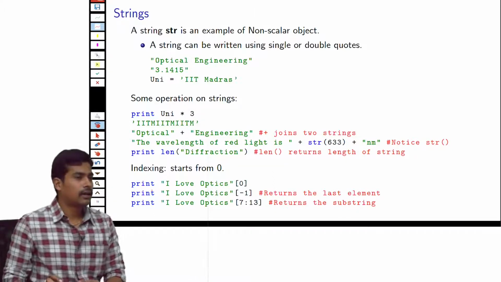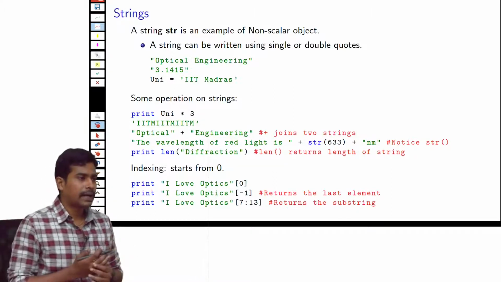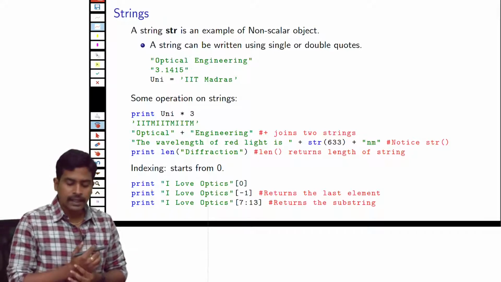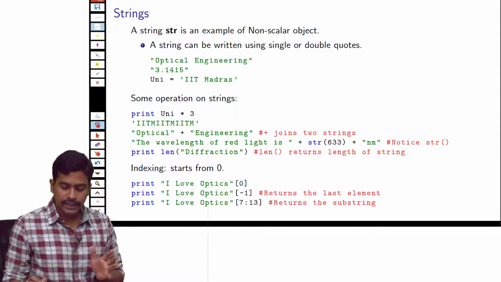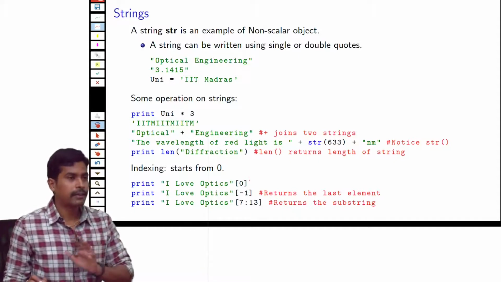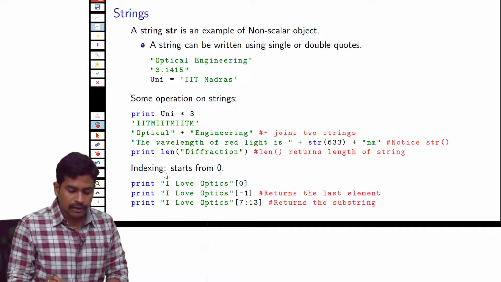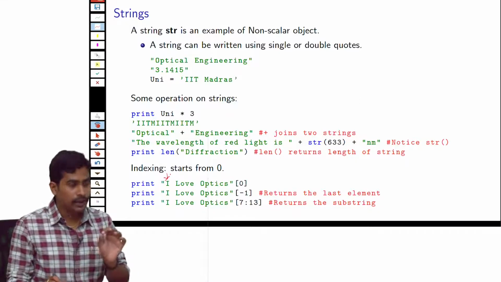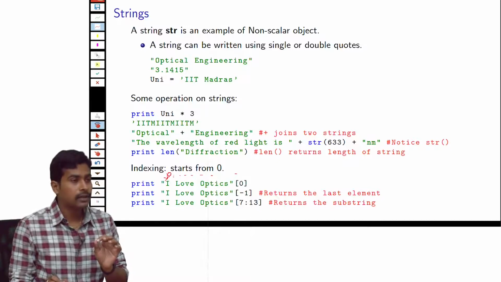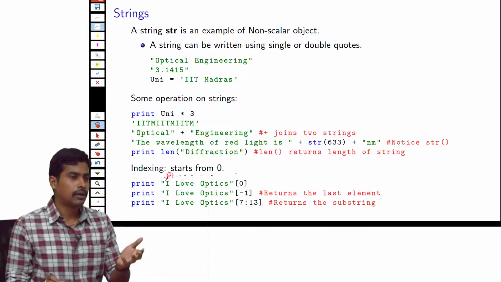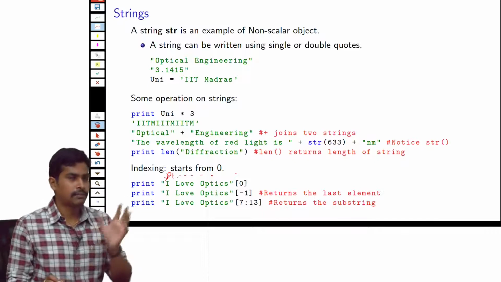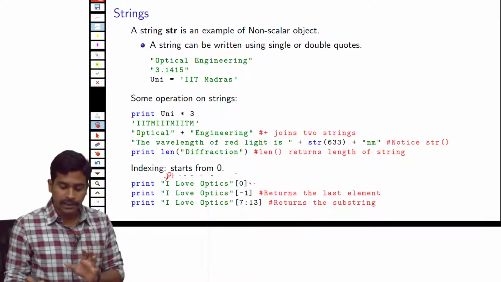And most people may be working with MATLAB. So I want to emphasize here the key difference between Python and MATLAB, which is, in Python, the indexing starts from 0. So what I mean by indexing is the counting, how do we count the members of a string? So the counting starts from 0. If you know MATLAB before, the difference is, in MATLAB the counting starts from 1. Okay. So if you are switching from MATLAB to Python, be careful to remember this point.